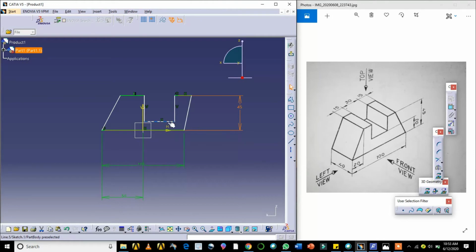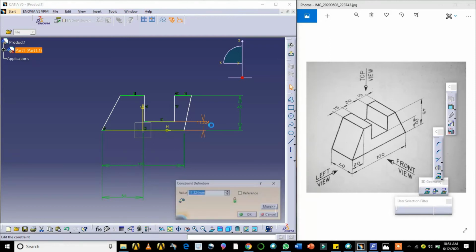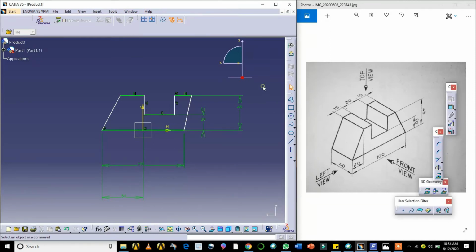Next one, from here to here, it is 20 mm. Next, the distance between this is how much? 30.